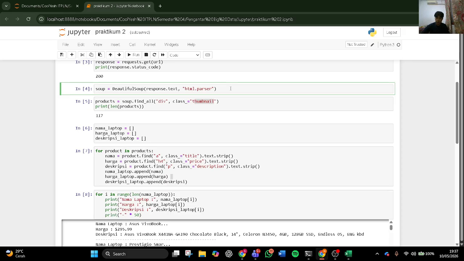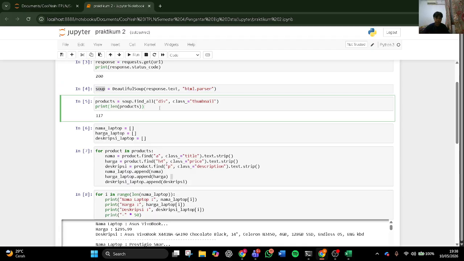And then I pass the HTML content from the response into BeautifulSoup using the HTML parser. This turns the raw HTML text into a structured object that we can search through easily, and I name it soup variable.